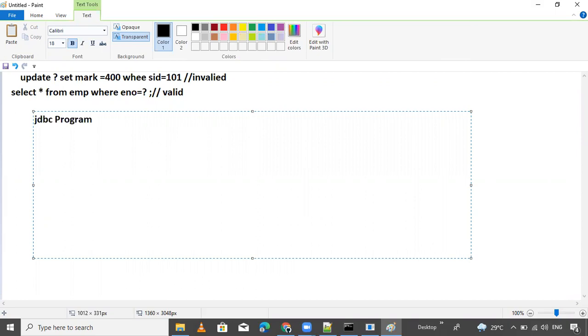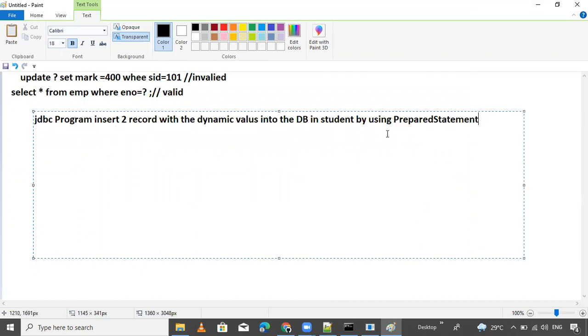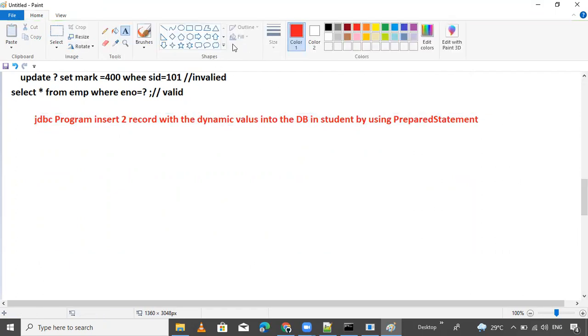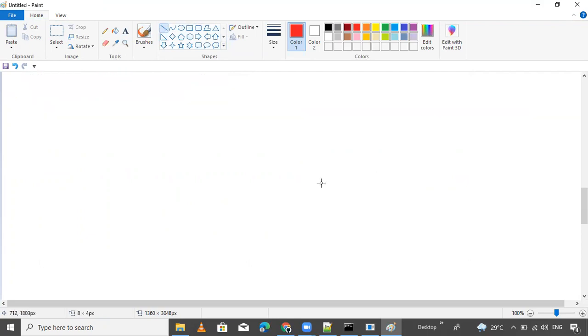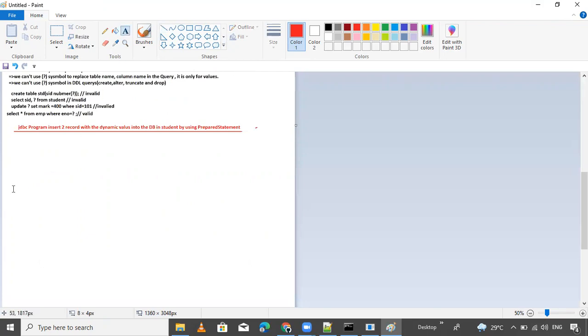JDBC program to insert two records with dynamic values into the database, in the student table, by using PreparedStatement.